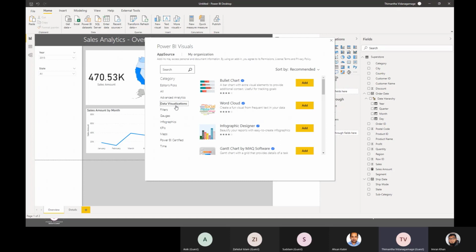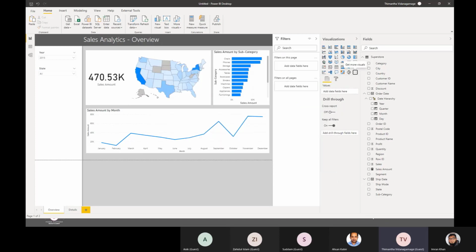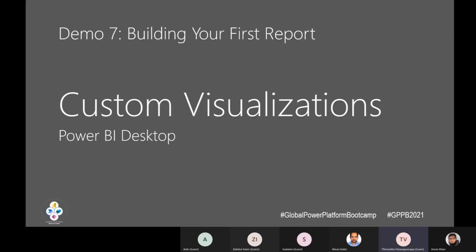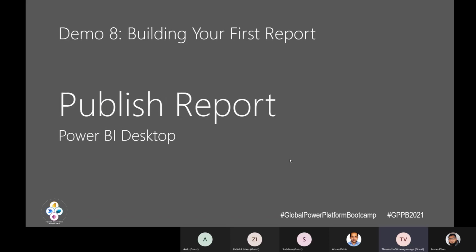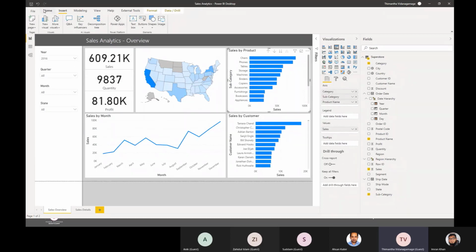These are a particular set of advanced visuals that are developed by specific parties, and some are approved by Power BI, and some are not. So you can see this visual is not approved, and where you see a blue color tick, it is approved. So you can use this in your analytics as well, not going to the depth of that since we are running out of time. So we have custom visuals there, and finally we'll be publishing this report into Power BI service, as I told you previously. So what I'll be doing is maybe I'll publish the report that I already have,